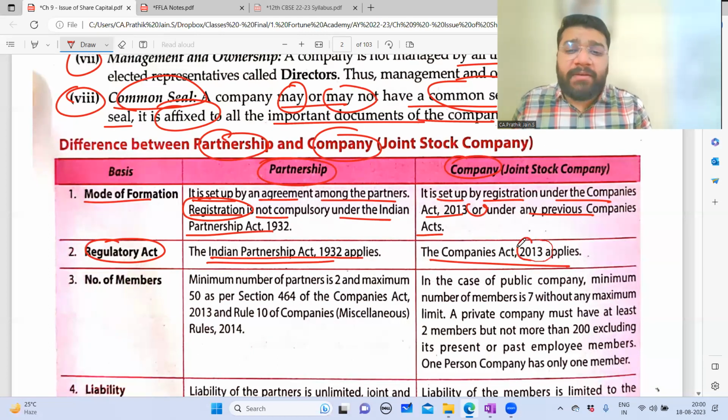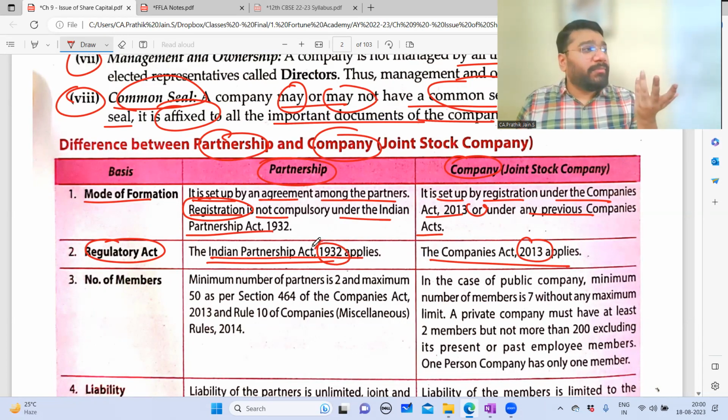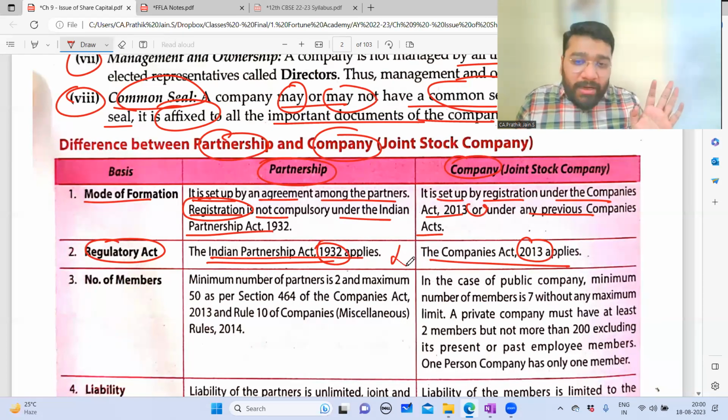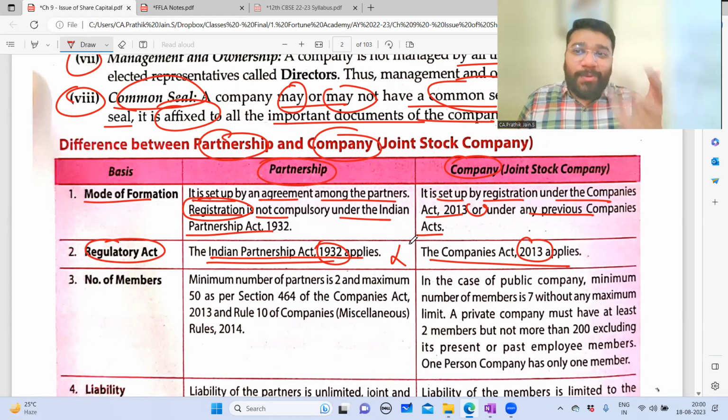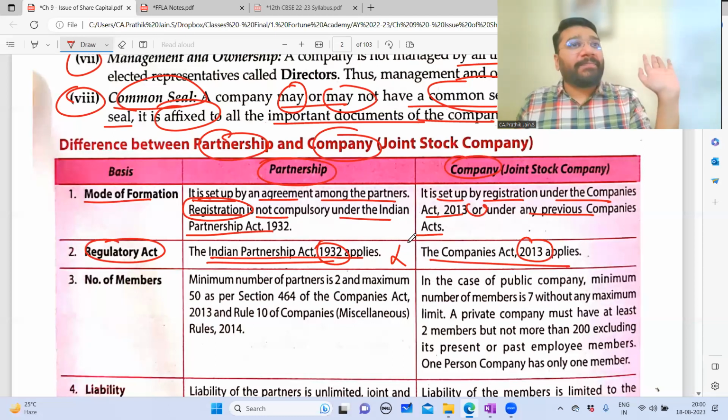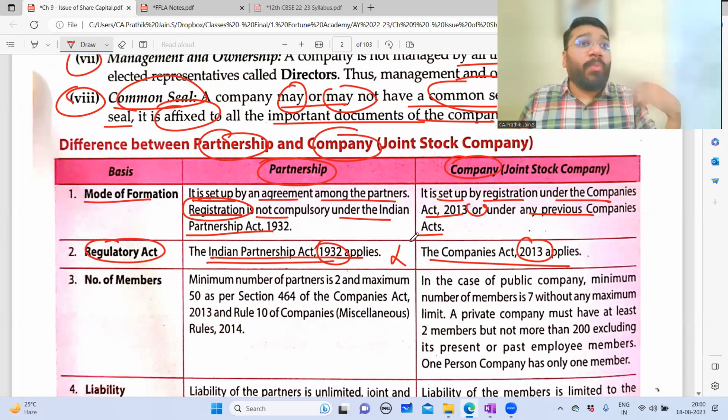Sir, the Companies Act they have revised, 2013 is the latest law. Indian Partnership Act 1932. First of all, nobody modifies this Indian Partnership Act 1932. People are least bothered. Government also is least bothered. 1932 old act, I agree. But they should have revamped. They should have done a significant revamp. Now, why it is not done, we have to ask the government only. Because the government is least bothered.